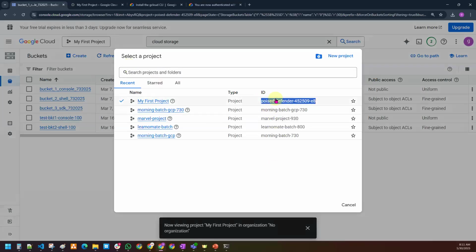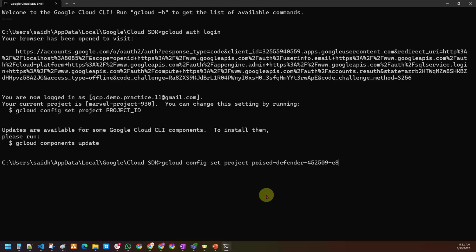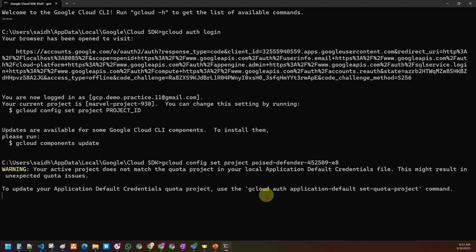This is your project ID. Copy this project ID and paste it here. So one can change their project from the Cloud SDK or Cloud Shell using the command gcloud config set project project ID. Click on enter. See, the project is updated.